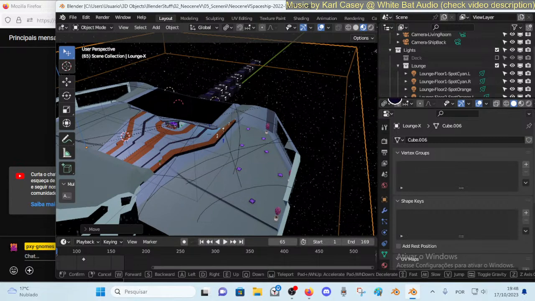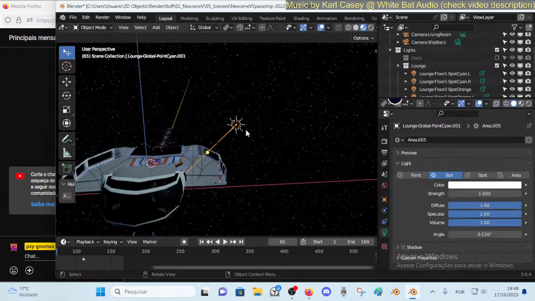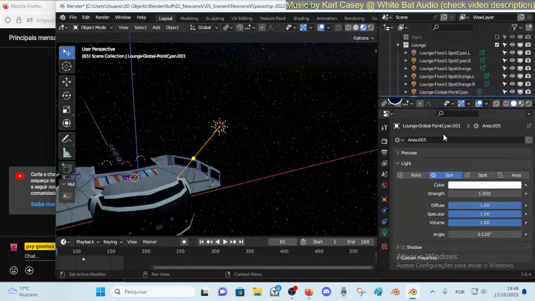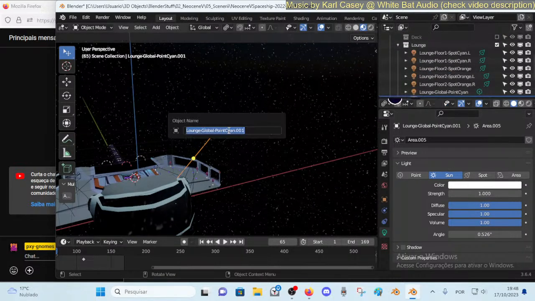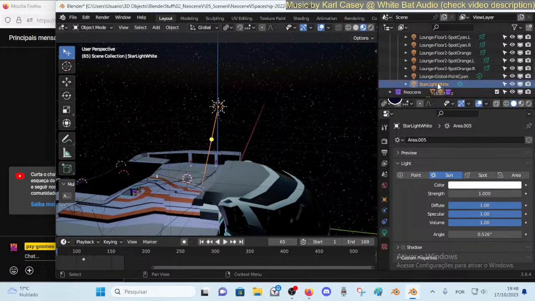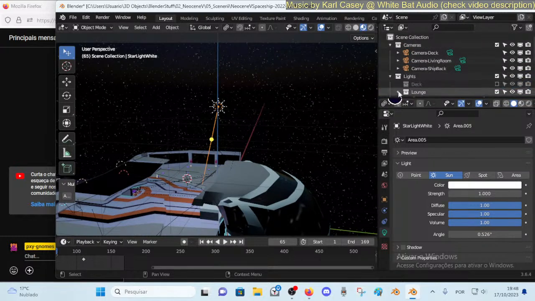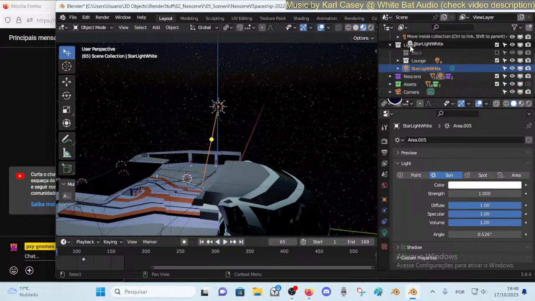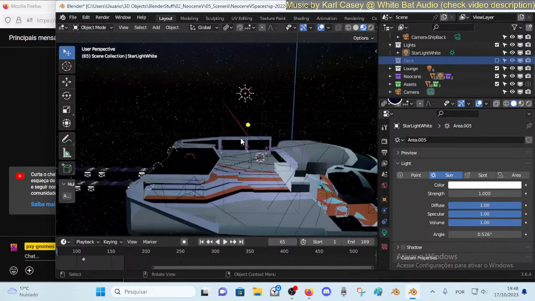Alright, so we made the sun. This will be like... where's the sun? So this is starlight. White. And this... just light, that's fine. If they can go below the collection, that's fine. If it's above, I mean. Alright, then